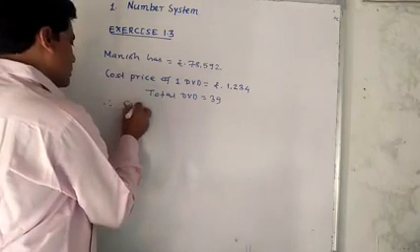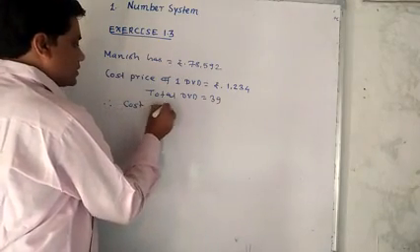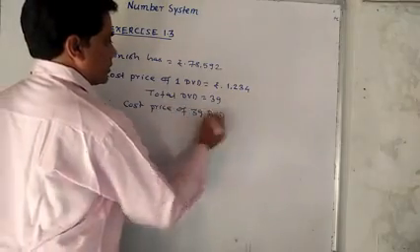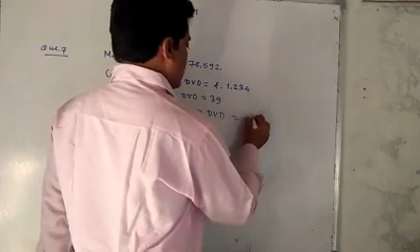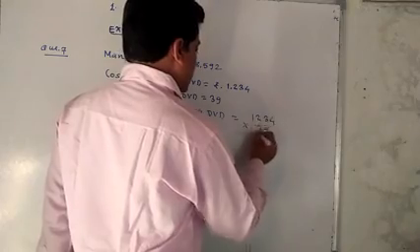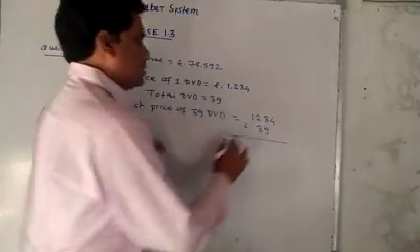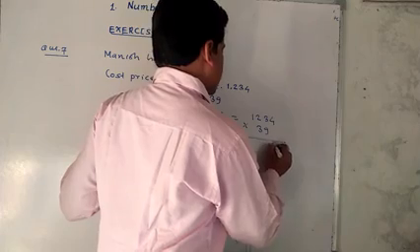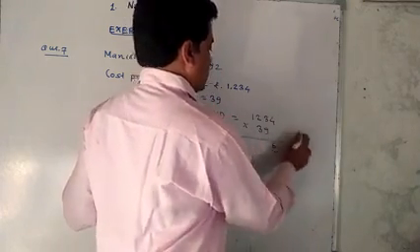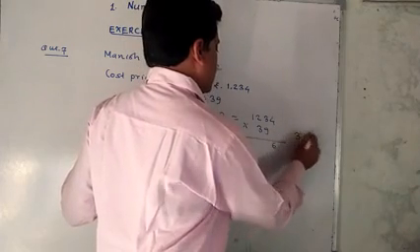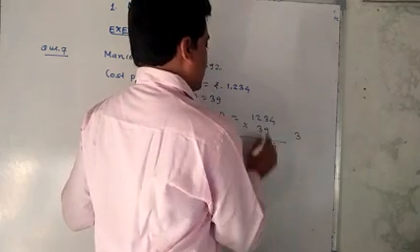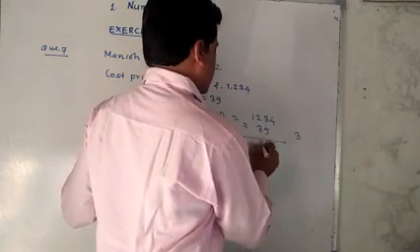Therefore, cost price of 39 DVDs equal to 1,234 into 39, means 9 4s are 36, 6 carry 3, 9 3s are 27, 27 plus 3 is 30, means 0 carry 3, 9 2s are 18, 21, carry 1,